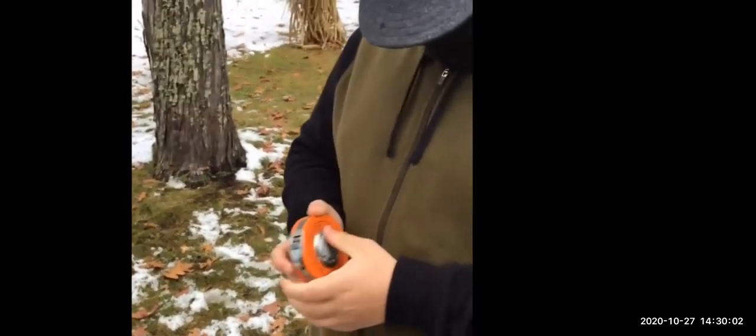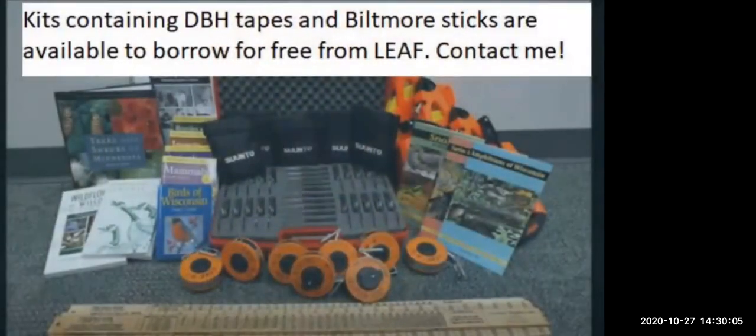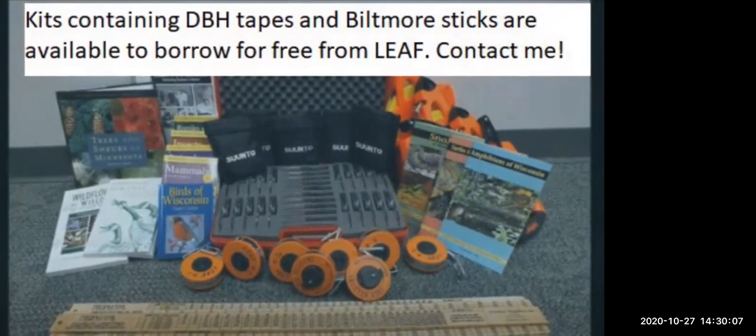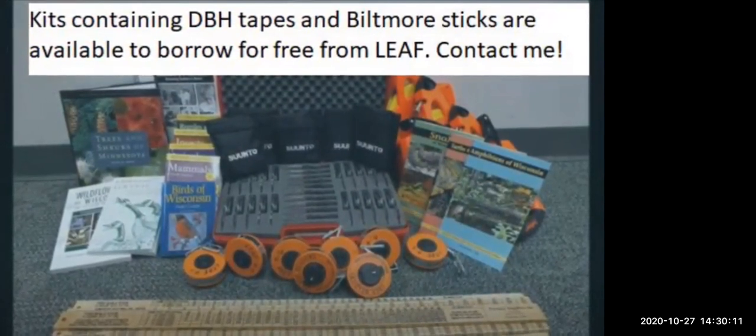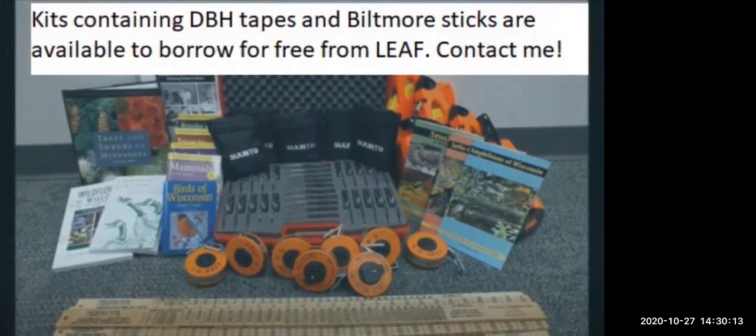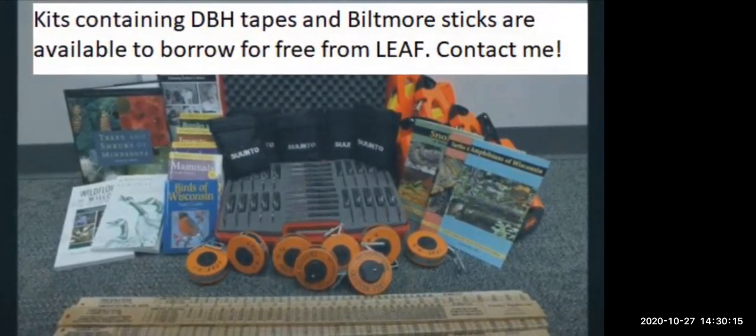And that's because the conversion is already built in from circumference to diameter. DBH tapes are fairly low cost and they're easy to order online. So before you start measuring trees, you should ask your teacher if they happen to have any in their classroom supplies. If they don't, that's fine too, as we'll also be looking at ways of measuring with more common tools.